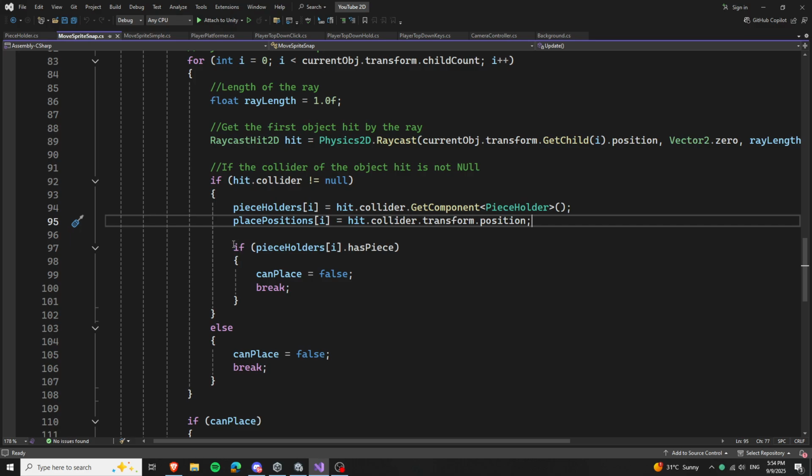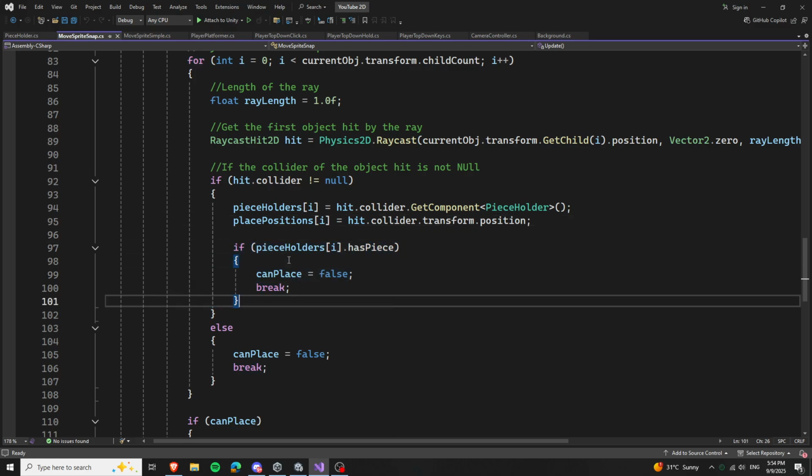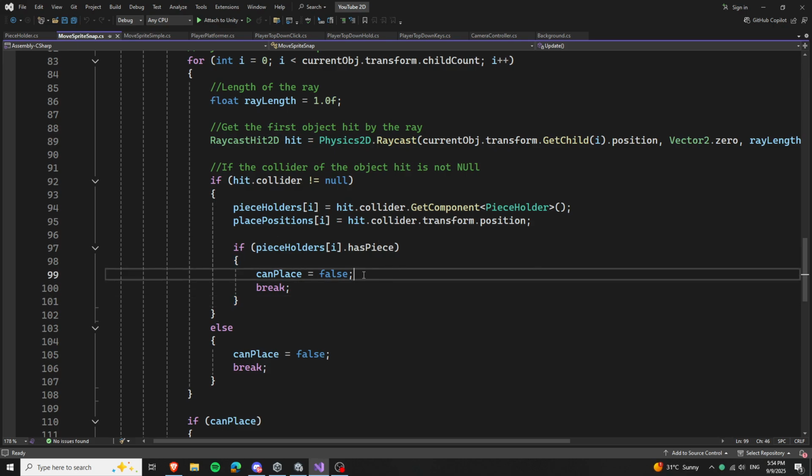But if that holder below is occupied, then that means we